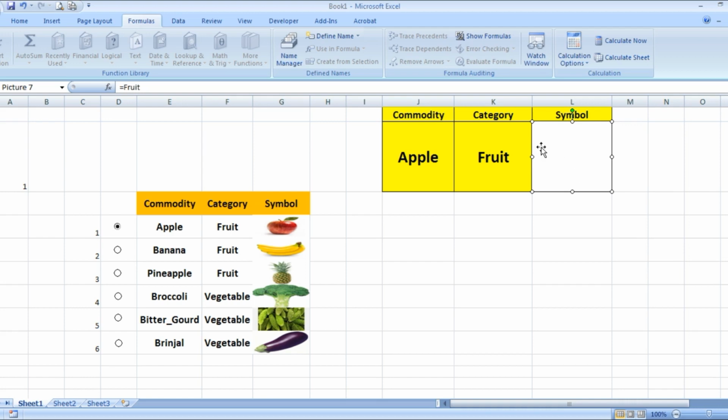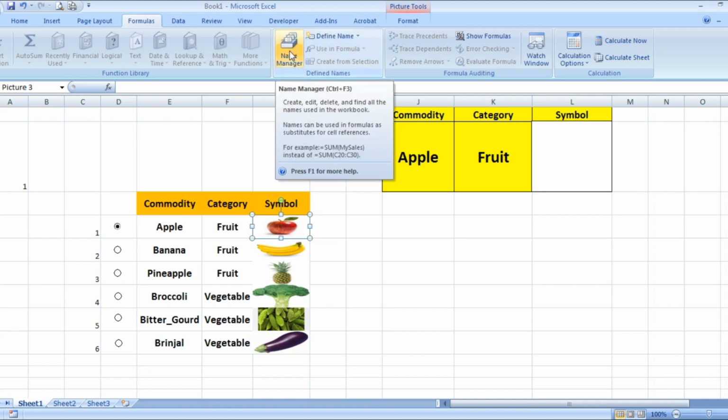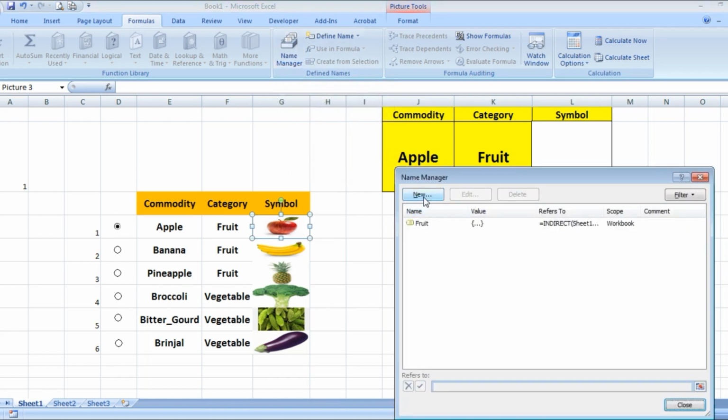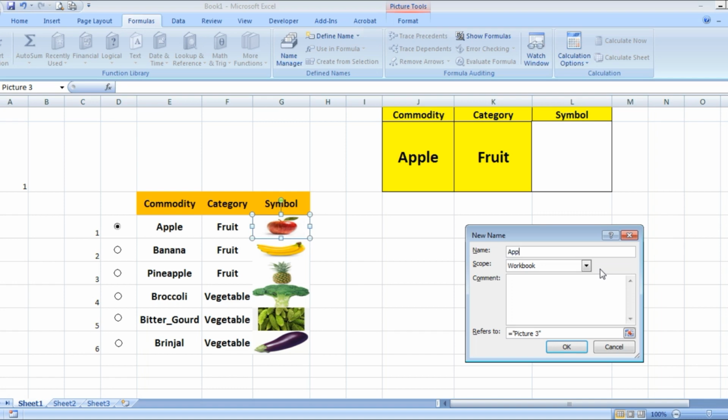Now we have to do this for each image. For this image, go to Name Manager, New, and I say apple.